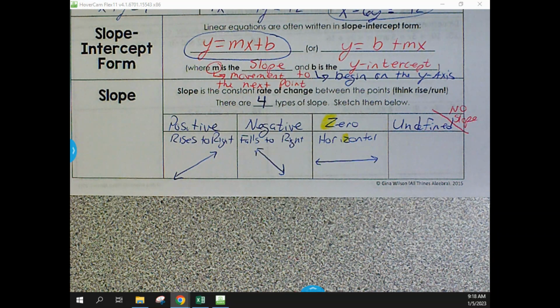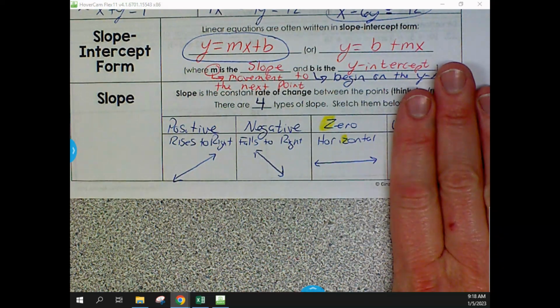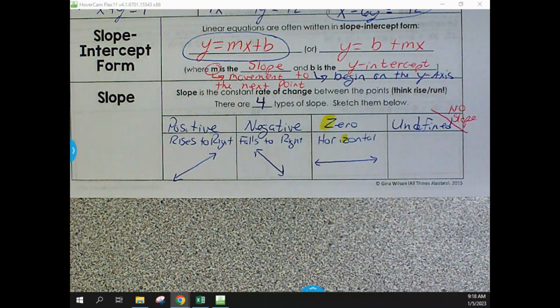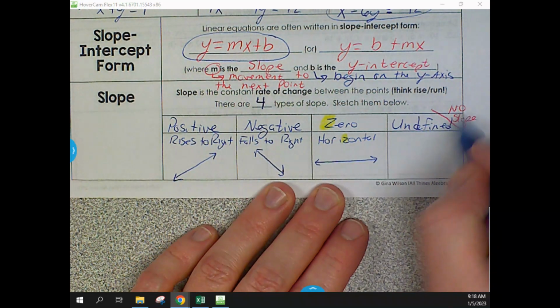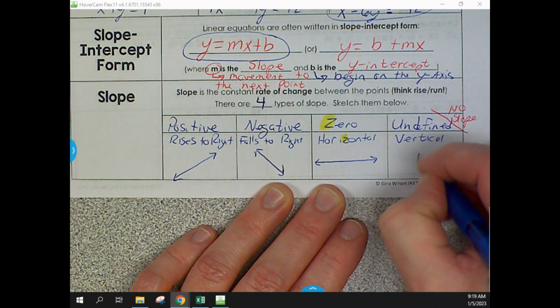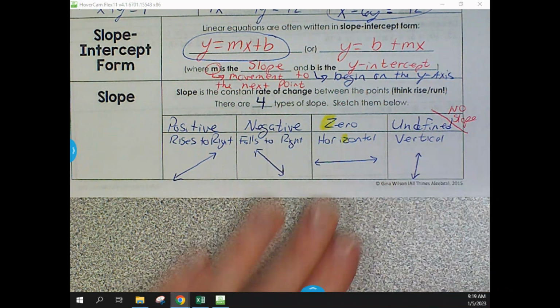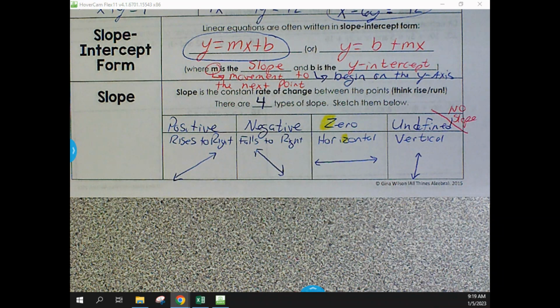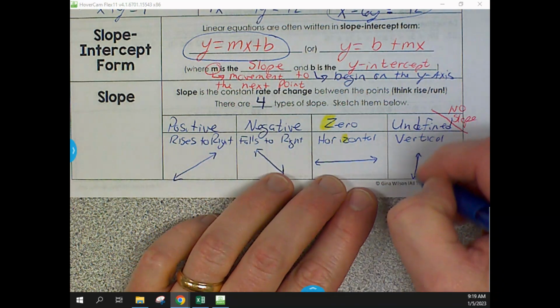Which means if you memorize that one, the other one has to be the other way. So I didn't worry about memorizing this one. I just caught on to the fact that zero is horizontal. So if it's vertical, it's got to be the other answer. So then undefined or no slope, that's going to be vertical, which means it'll look something like that. Might not be the best vertical line in the world there, but